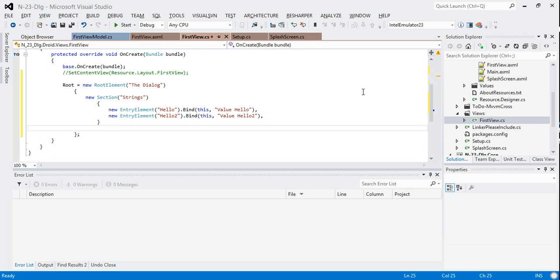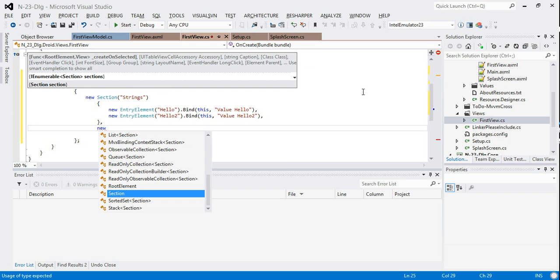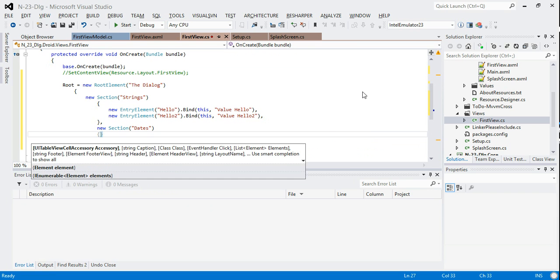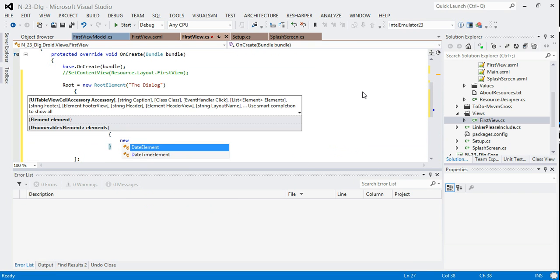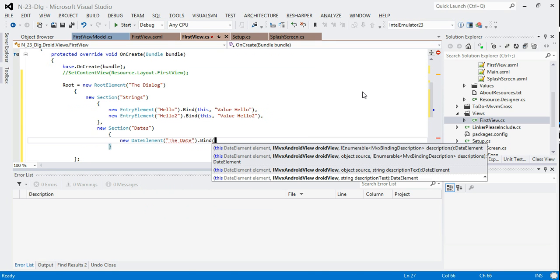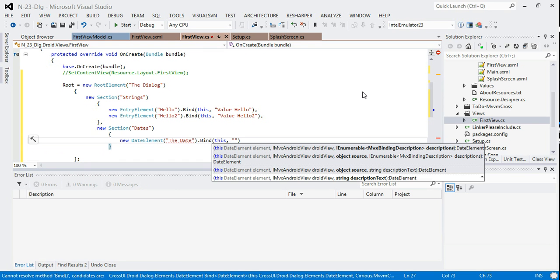And then beneath that, I'd like to put another section. And so this section is new. Section dates, and what I'll do in this is a new, and I think this is a date element, and so this is going to be the date, and I'm going to bind the value of that to the date in the view model. So hopefully value the date,